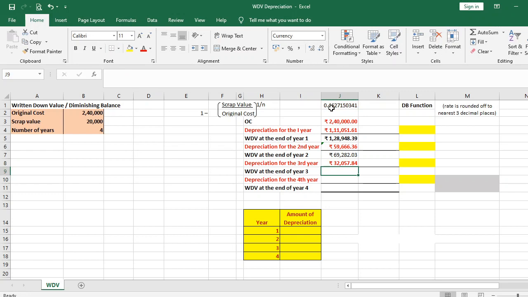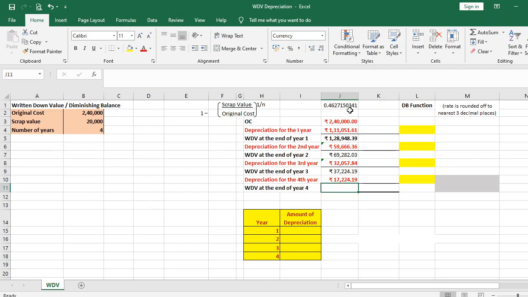32,057.84. So what is the WDV at the end of year 3? It is WDV at the end of year 2 minus depreciation for the third year. Okay, so we have got 37,224.19. Now we shall find out the depreciation for the fourth year. So WDV at the end of year 3 multiplied by the rate of depreciation will give us the depreciation for the 4th year, and it is